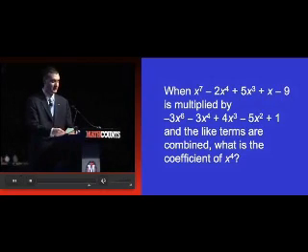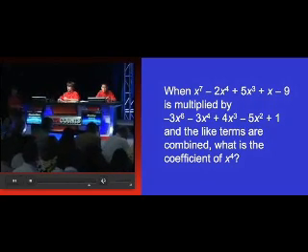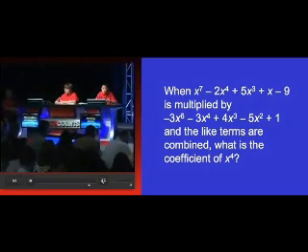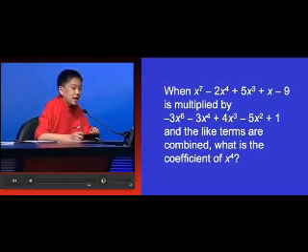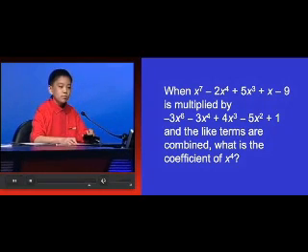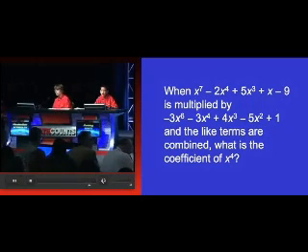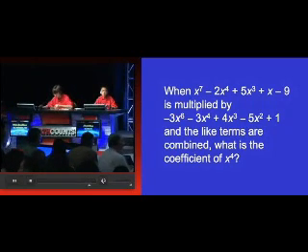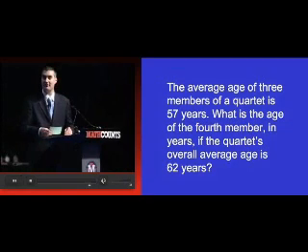Moving on to the next question of our matchup, and the question is, when x to the 7th minus 2x to the 4th plus 5x to the 3rd plus x minus 9 is multiplied by Bobby. 29. 29 is the correct answer. And now Bobby jumps ahead 3-2 over Max, going into the next question of our matchup, and the question is,